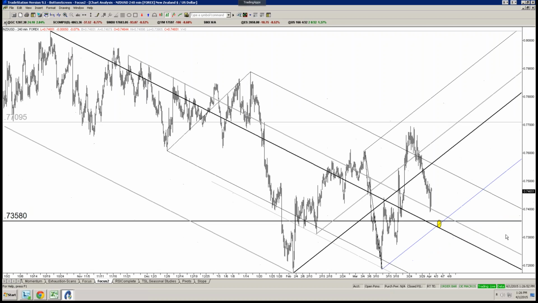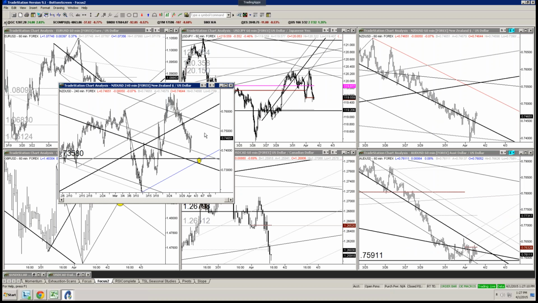Either way, just be aware of 73.60 as a very important level in Kiwi. It could really provide support for a very high reward to risk ratio. And again, don't forget the seasonality is quite positive for Kiwi throughout the next 3 weeks or so. Not saying it's the best trade out there, but still a possibility.